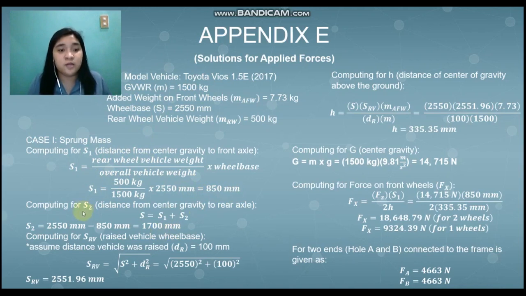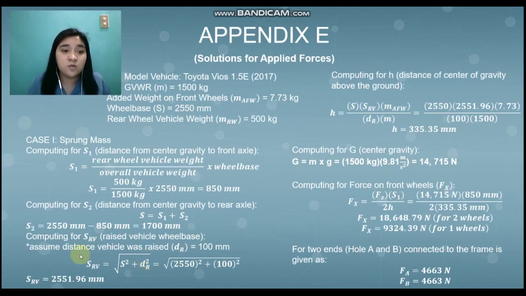Now to compute for S2, the distance from center of gravity to the rear axle, it is just the difference of the wheelbase and the S1. So the value we got for S2 is 1,700 millimeters. Now before we compute for the H value, or the distance of center of gravity above the ground, we need first to compute for SRV, which is the raised vehicle wheelbase. So in here we have the wheelbase and the distance